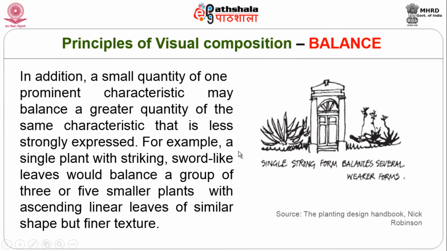Balance can also be achieved without symmetry. In this case, visual stability arises not from replication, but from balancing the energy of different qualities about the axis or fulcrum. Prominent form may balance coarse texture, and assertive lines may balance intense color. What this means is that one can use different characteristics on one side of a fulcrum or an axis, and a completely different quality, texture or form of plant on the other side of the axis, and still achieve a certain sense of balance.